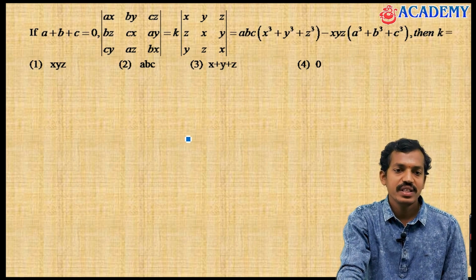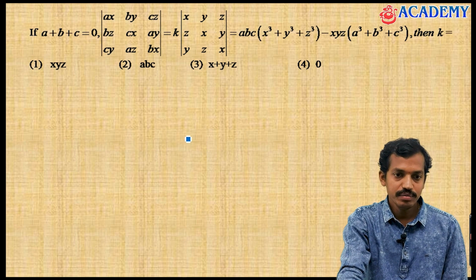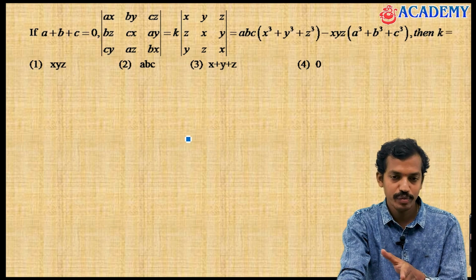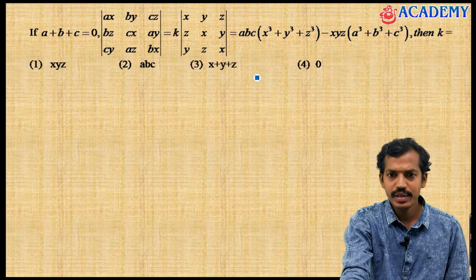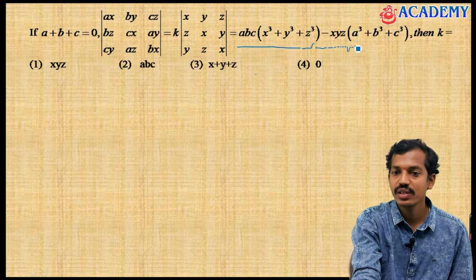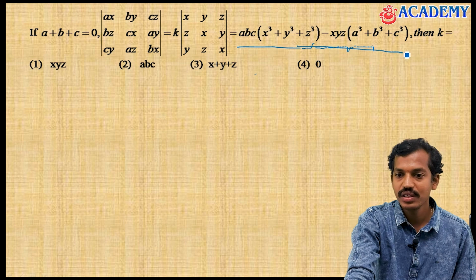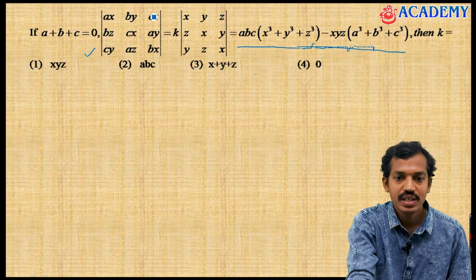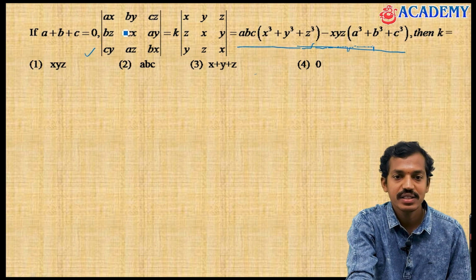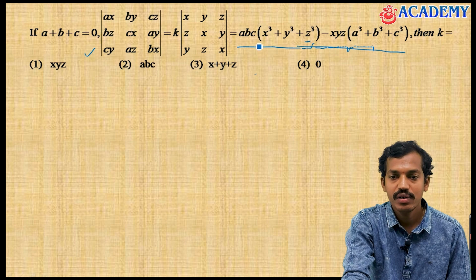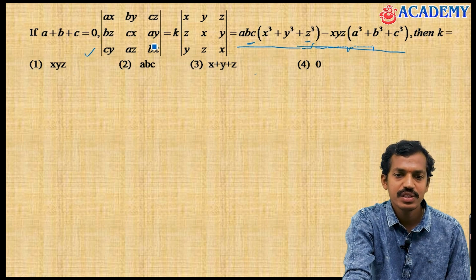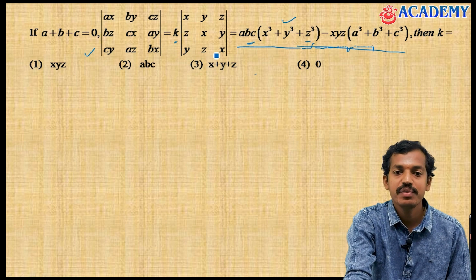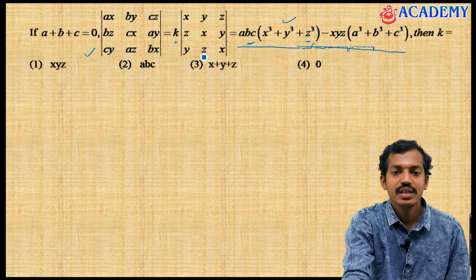See this problem, this is given based upon the condition, if a plus b plus c equal to 0 and given two matrices, determinants are going to be equal with one constant. Based upon that, this equation is also given, this value is going to be your answer for the determinant. And directly if you find for this matrix, you are going to get here, see, you can check cz into bz into az, that is abc into z, d cube into abc. Same, if you simplify this determinant, you will get this value, but we want the k value, that's why I am simplifying this value.